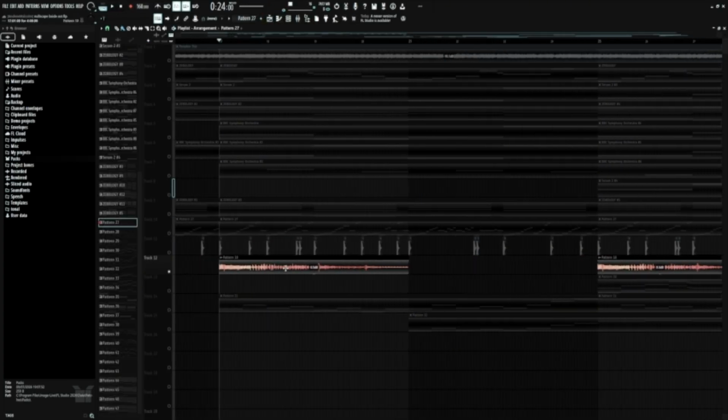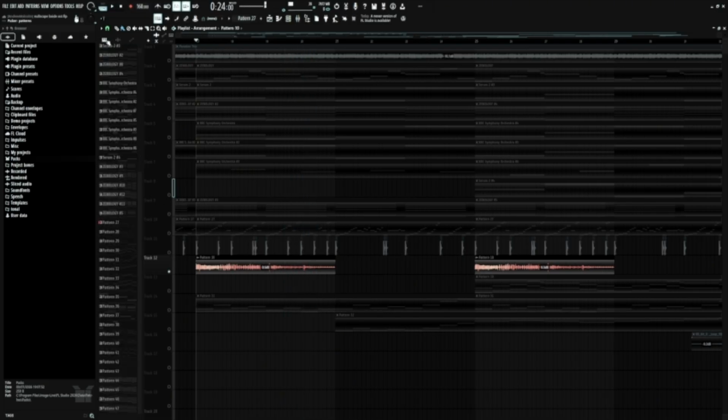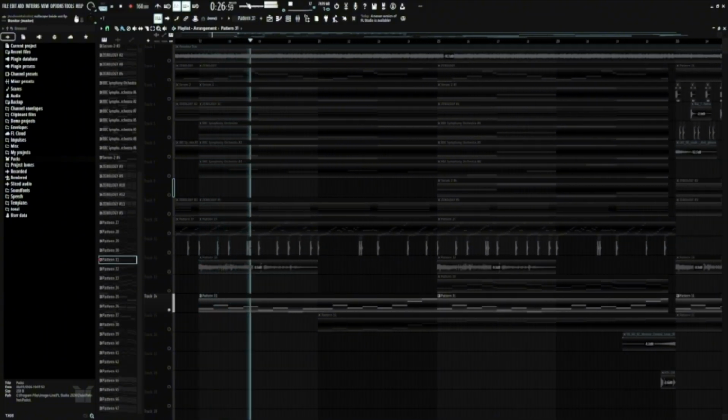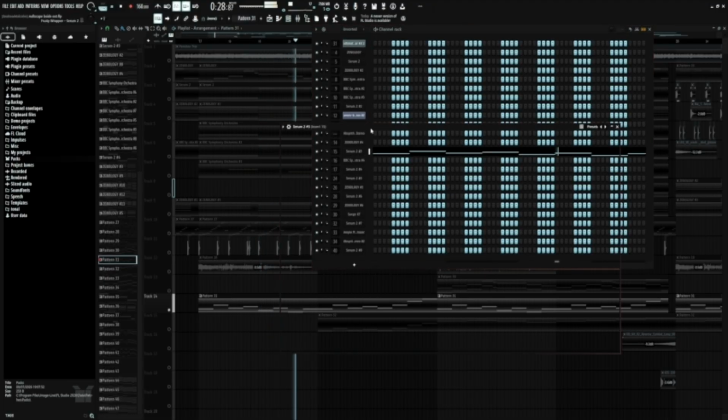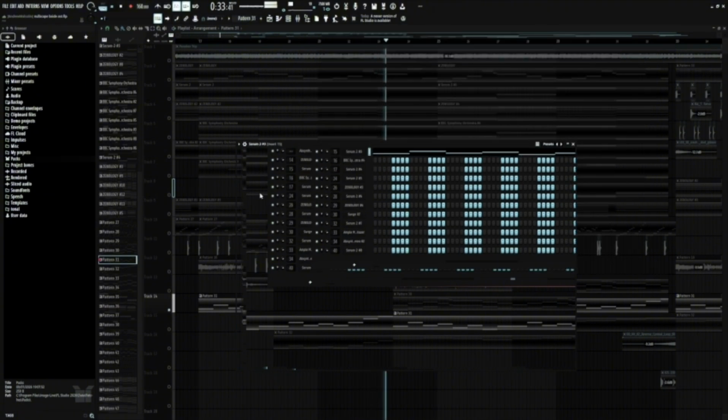Here we have a little texture thing. Straight out of Absinthe, but I had to consolidate it because it sounded horrible in Absinthe and I didn't know how to control it. That way it was just easier because it went on for like years. So I just added some extra effects to it, like reverb and stuff. Here we have just a little Serum thing. Custom waveform. Very weird shape.